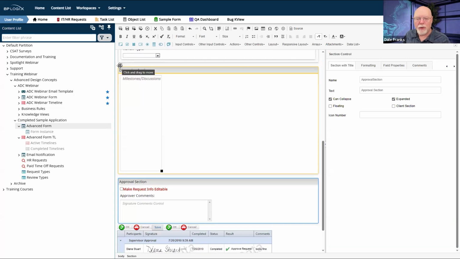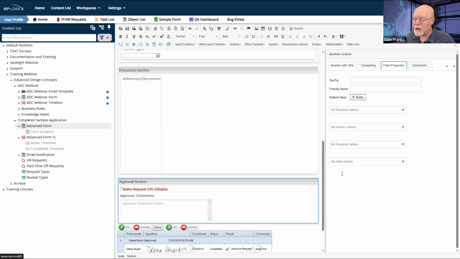I want them to be able to, at various times, add their comments. And I obviously want them to be able to approve or disapprove, and also make whatever comments that they need to make on the form in the approval section. So for both of those two sections, I am going to need to set the point of action inside my process of when I want those sections to be readable and when I want them to be visible.